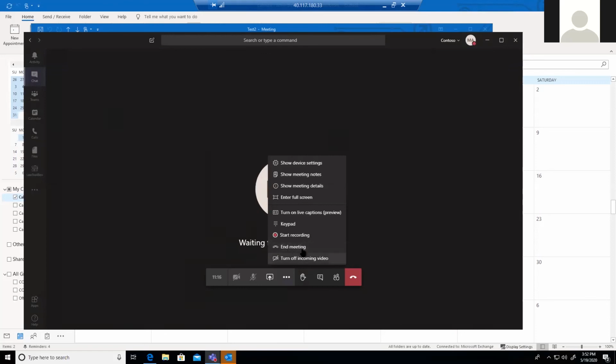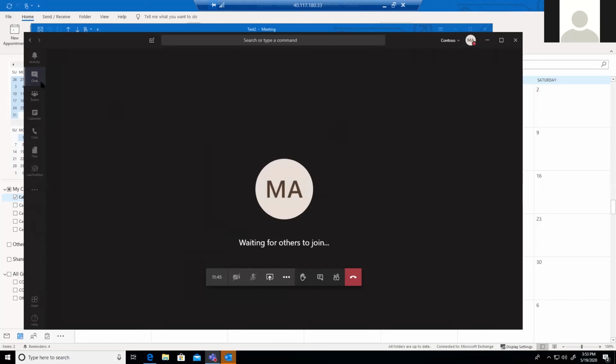It cannot happen with someone who actually joined as an attendee, or people in the organization. You can turn off all the incoming videos if you want. Because if you think that it's consuming a lot of your bandwidth, you can turn it off anytime. So all the videos, if you're even sharing that video, I can turn it off, and I cannot see your videos. So that's one of the options. So this is all about the meeting functionality. Any questions on this?